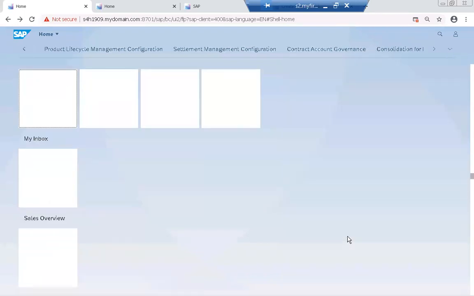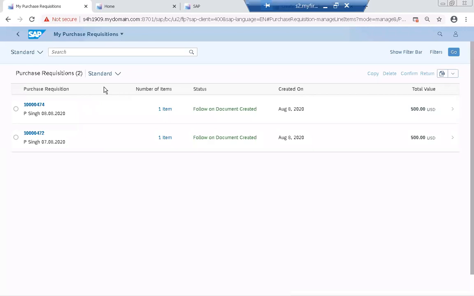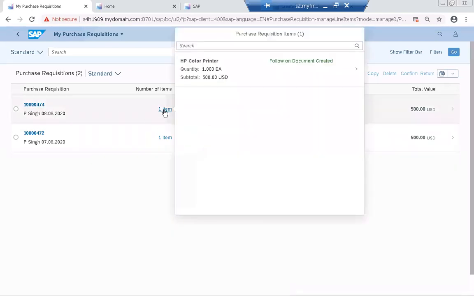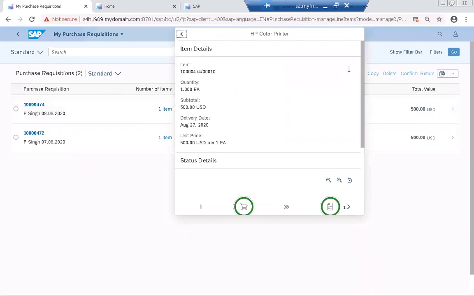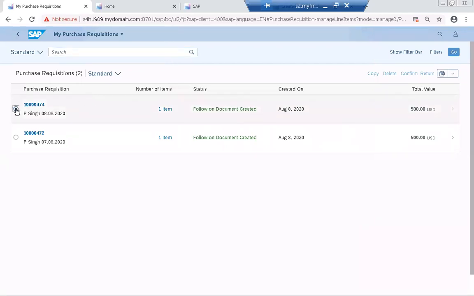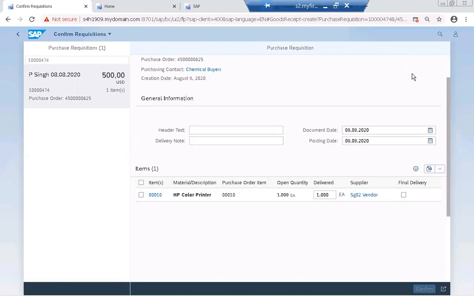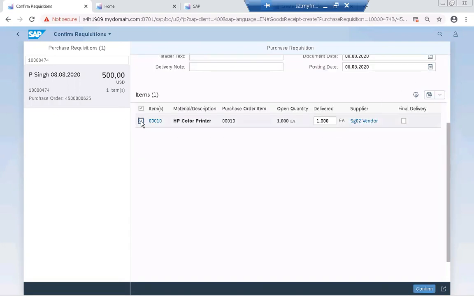Under the employee self-service, my purchase acquisitions, 474 is there. Now you can see for this one also, a PO has been created. You would be able to see here, this is the purchase document which has been created. You can also click on here and click on confirm. Here he is saying whether he has received it. So if he has received it, he can click on this one and he can confirm. That is basically